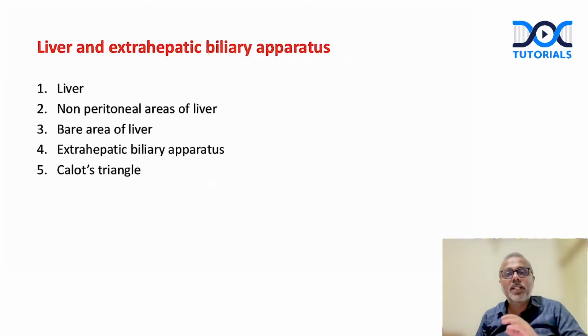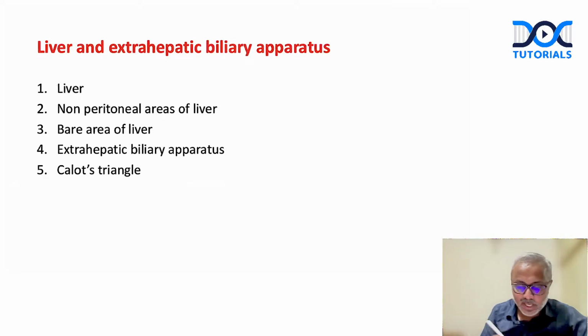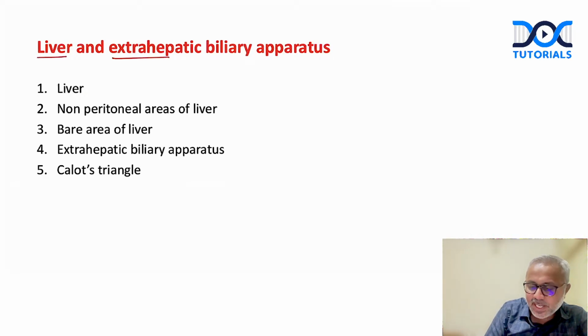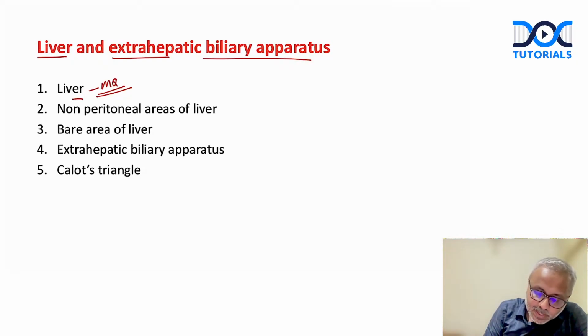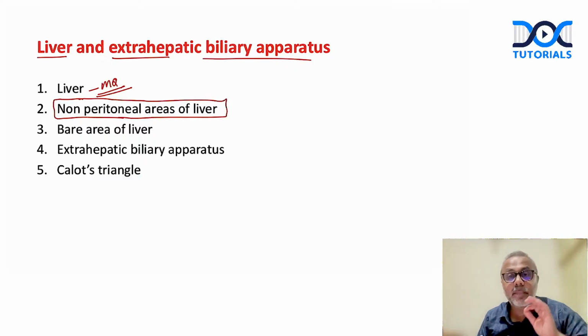Then the next important topics are from liver and extrahepatic biliary apparatus. Liver itself could be an important main question, but if you think about stomach, duodenum, then possibly kidney, inguinal canal, rectus sheath, this again comes a little bit lower down, but could be a potential long essay, right? No question about it. But the most important questions in the topic of liver, I would say, is about non-peritoneal relations of the liver, right?